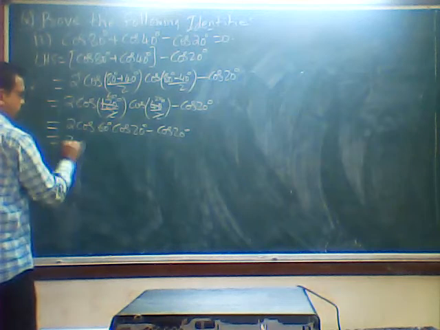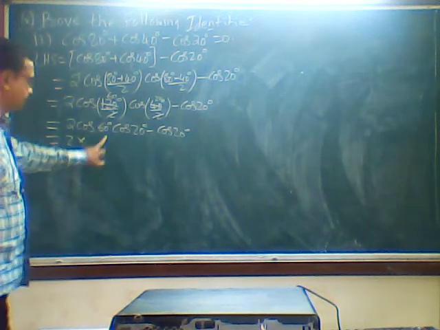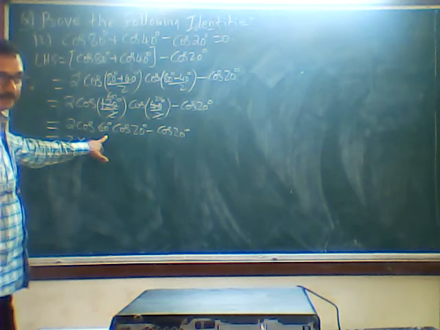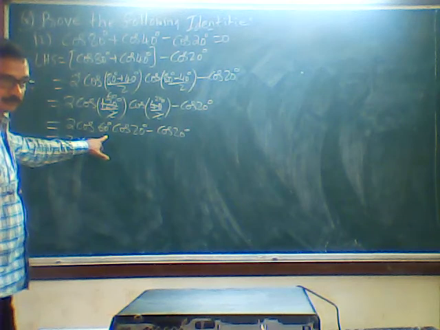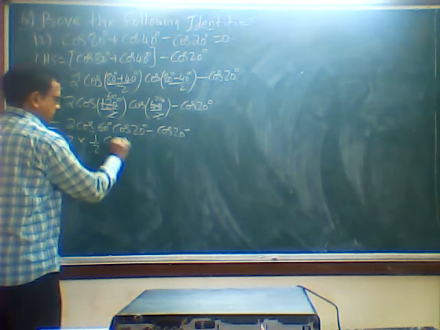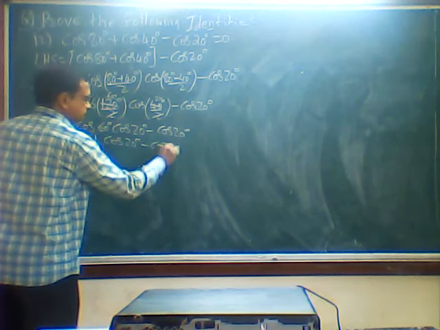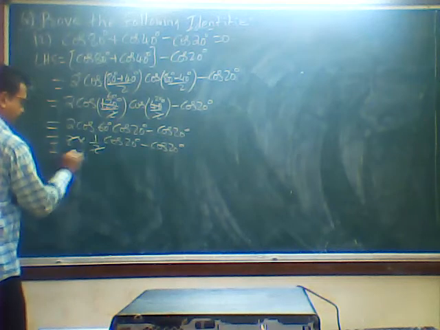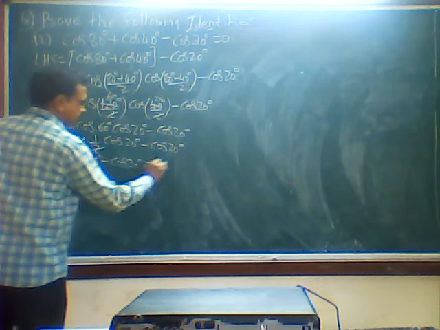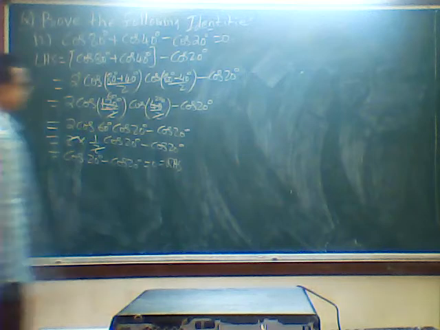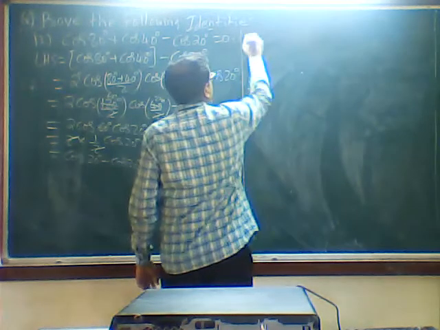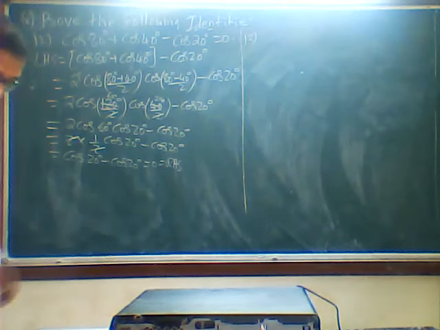Okay. Now, in the earlier chapter we have learned what is cos 60 degree. I told you that first you have to remember the sine line. Sine 60 is root 3 by 2, means cos 60 will be half. So 2 into half cancels, cos 20 minus cos 20 is 0, which is the RHS. Okay. Next, 13. That is how it comes.